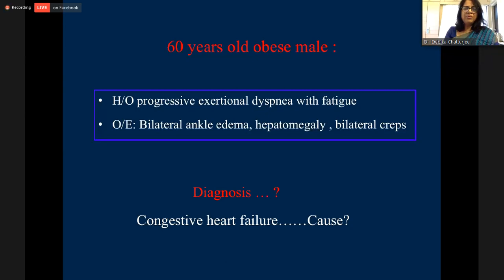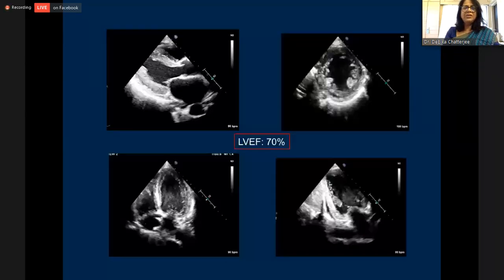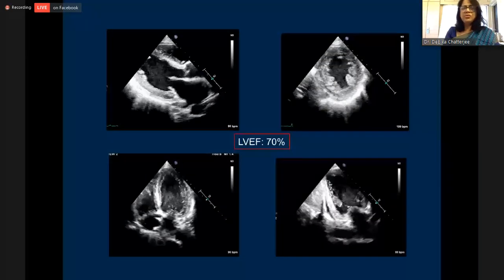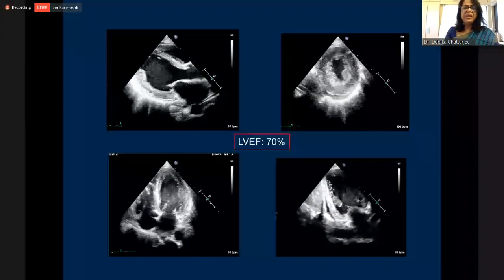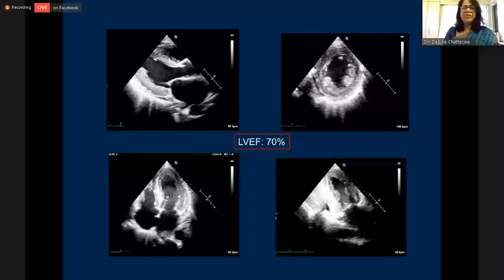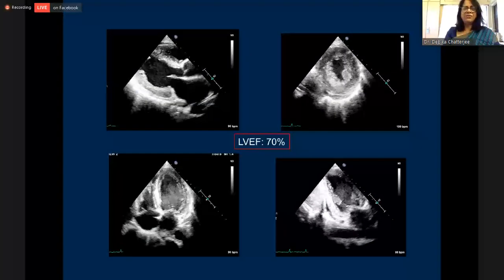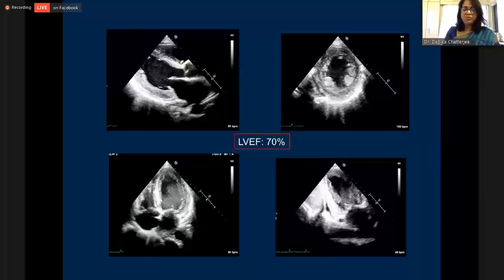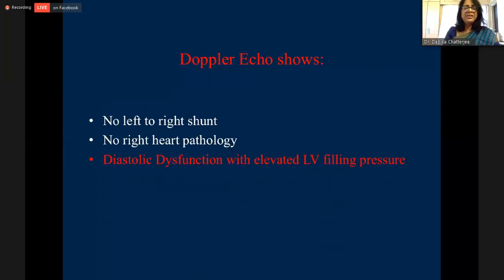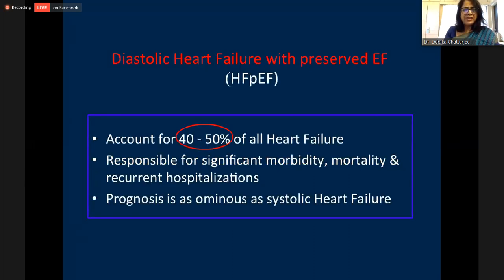Obviously, we go for echocardiography to rule out systolic dysfunction, and we see that there is no regional wall motion abnormality. The LV is contracting very well with an ejection fraction of 70%. Then what is the cause? So we do the Doppler echo, and we see that the patient has diastolic dysfunction with elevated LV filling pressure. So this patient is basically in diastolic heart failure with preserved ejection fraction, which accounts for 40 to 50% of